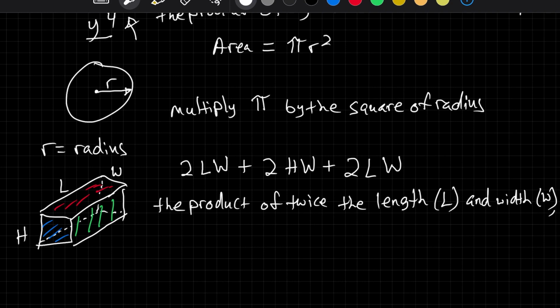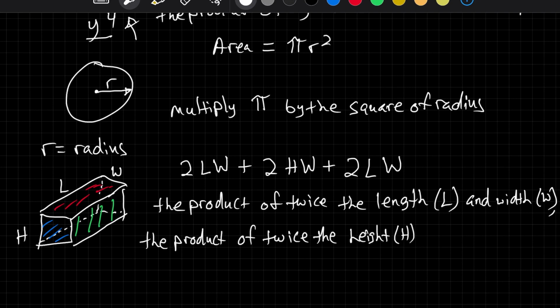Let's keep going, comma. The product of twice the height, which is H, or as my Indian friends would say, H, and width, so that's W, okay, comma, and